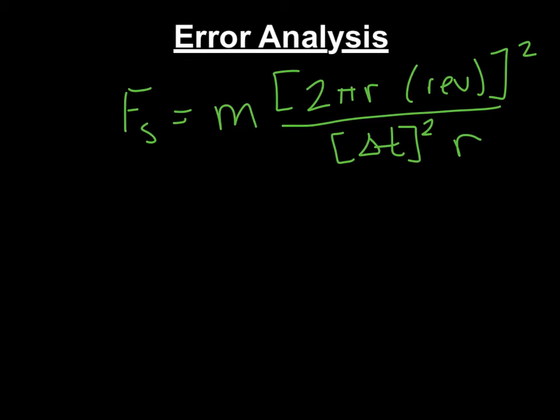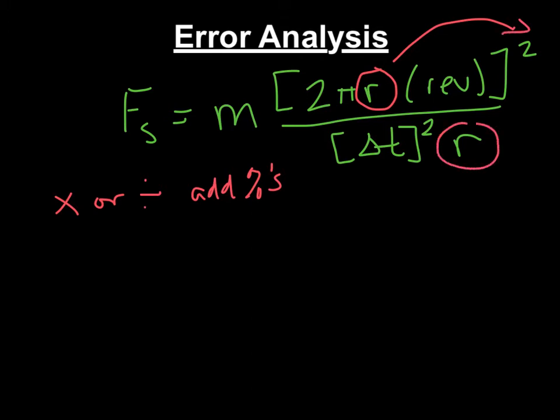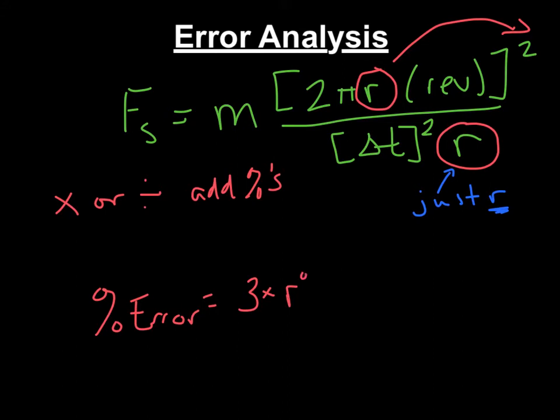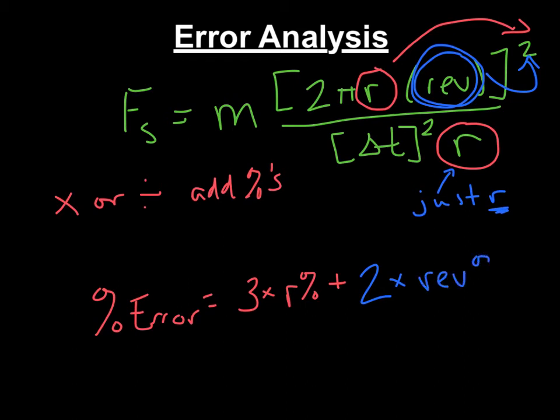So here's the part where the error analysis gets a little bit tricky. First, you know that whenever you multiply or divide, you add percent errors. Okay? So if we look at this, how many r's are in this equation? Well, there's one here, but that gets squared, so that's 2, and then there's a third one here. So your total percent error is going to be equal to 3 times your percent error from your radius, plus, and we have an uncertainty in number of revolutions, and we have 2 instances of those, so that is 2 times your revolution percent error. And then you will have your total force of spring plus or minus,